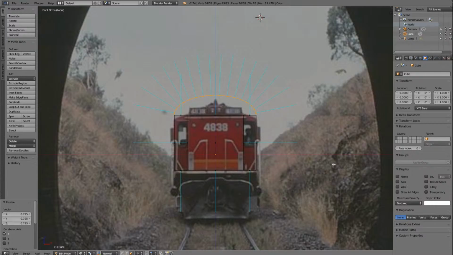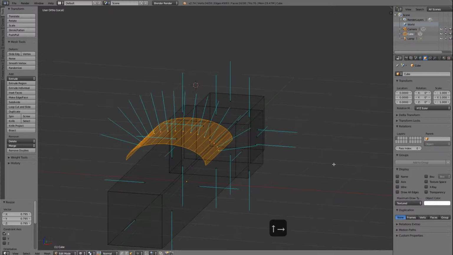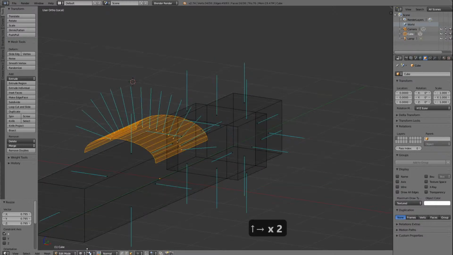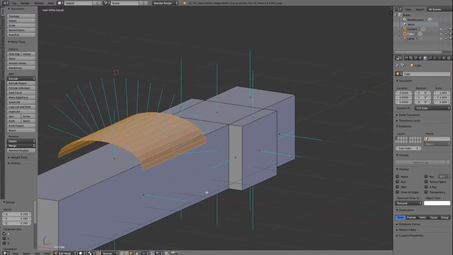so let's just call it a day and go and grab a beer. That'll do. We'll go to solid mode. I think we might have too many faces for that roof, but we do want the roof to be smooth. And we are going to need,